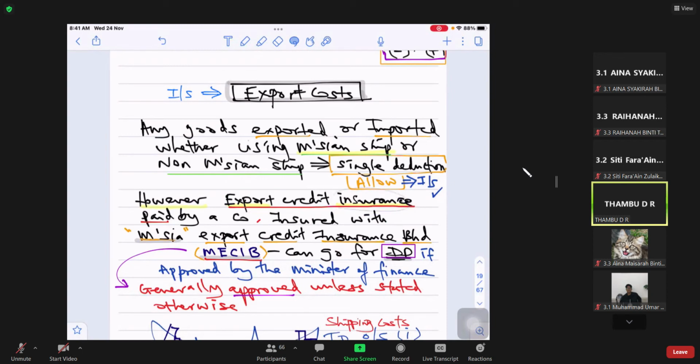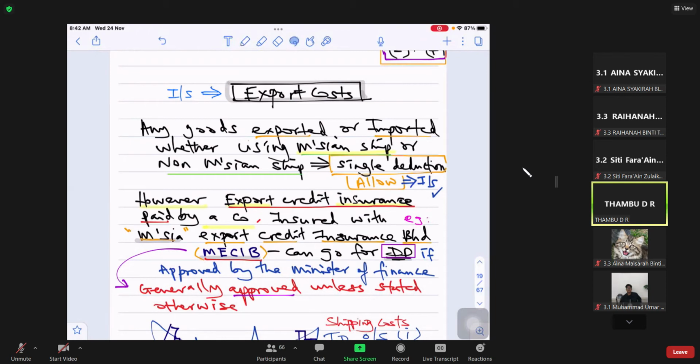So if you buy insurance for export, paid by a company, because export, all these big items are done by a company, and if you buy the insurance with Malaysian Export Credit Insurance Berhad, this is Malaysia, you must buy the insurance with a Malaysian insurance company. This is one of the examples. In short, Malaysia Export Credit Insurance Berhad, or any Malaysian insurance company where the shares are majority owned by Malaysians,